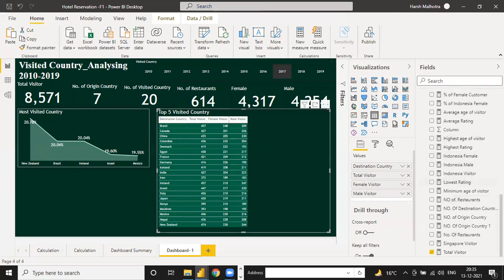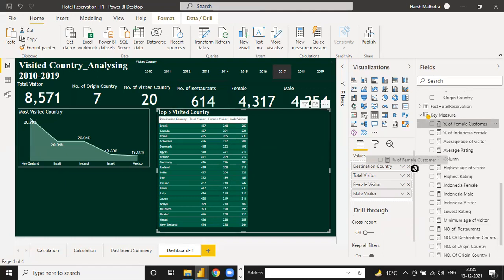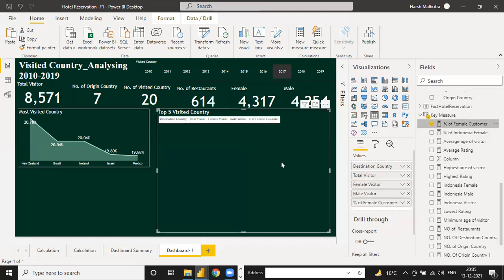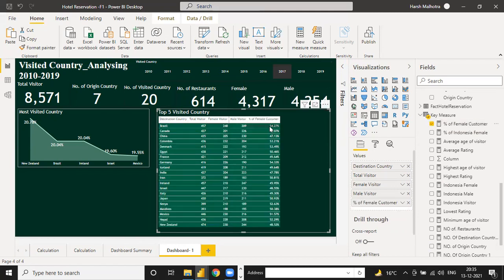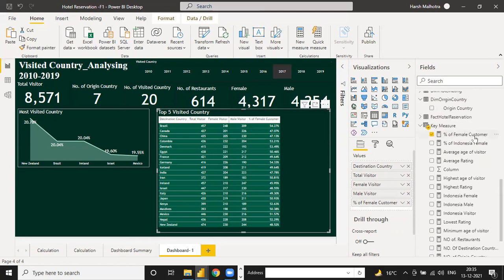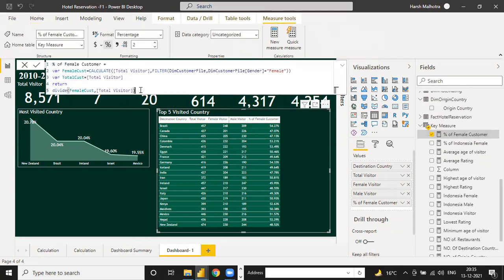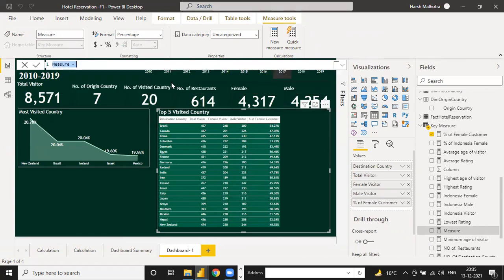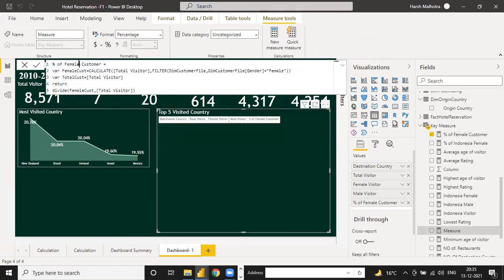Also the percentage of female customers. How many is this in percentage? See, 248 is 54.27%. And the percentage of male, I think we haven't created, so we just create it. It is very simple. Just create a new measure and press enter.